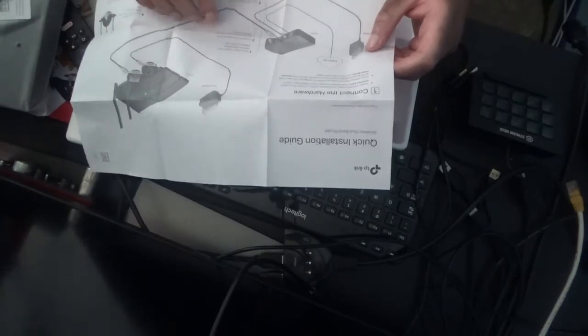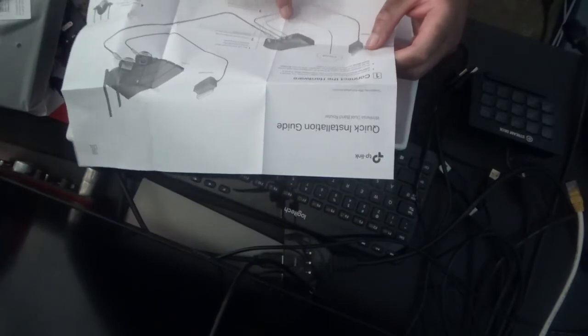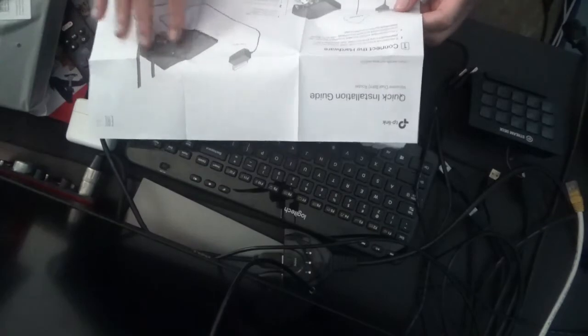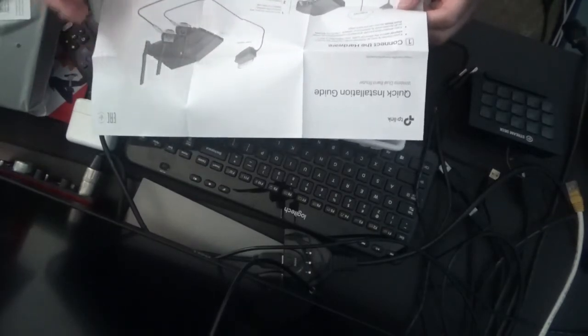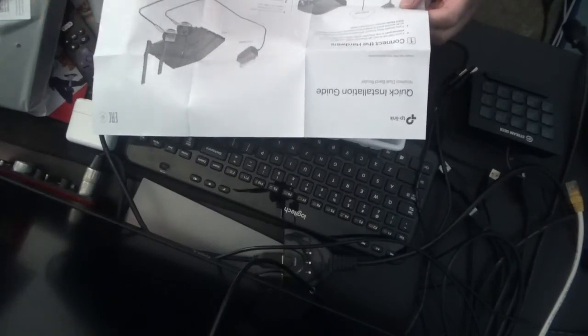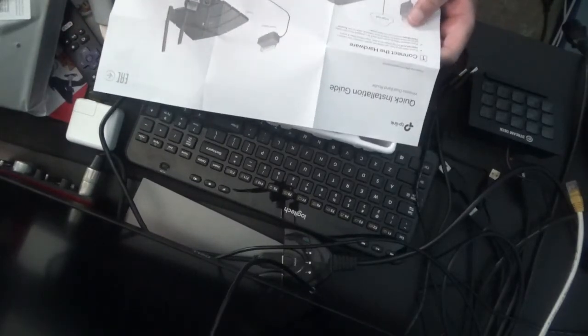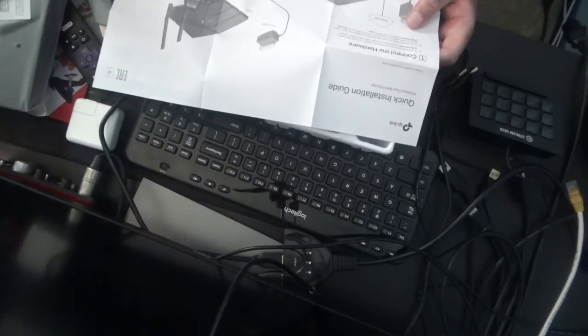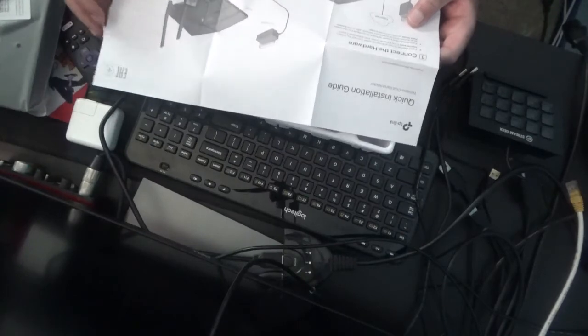It's going to be double NATing if you are using something that has a router already, NAT already on the network. Then you set it to access point mode by going into advanced and changing it to access point, and then it will restart. And you have to reconnect to the newly created SSID, type in the password, and then after you set it up,